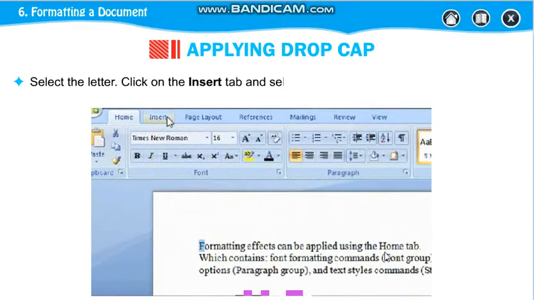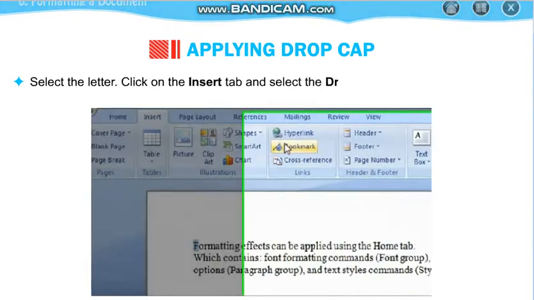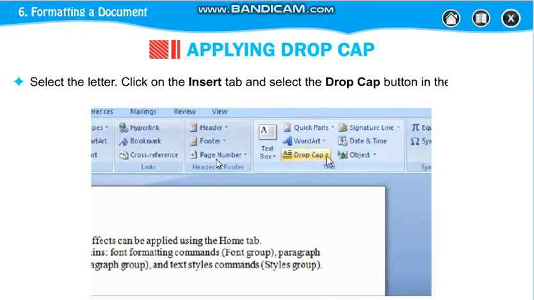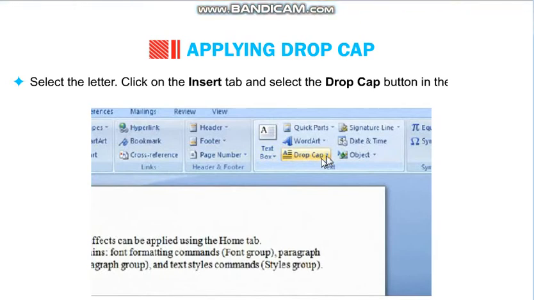Now this is the paragraph. This F, if you want to drop this F to 2-3 lines, you are going to click on the Insert tab. And here it is, your drop cap. You will find that on the Insert tab.